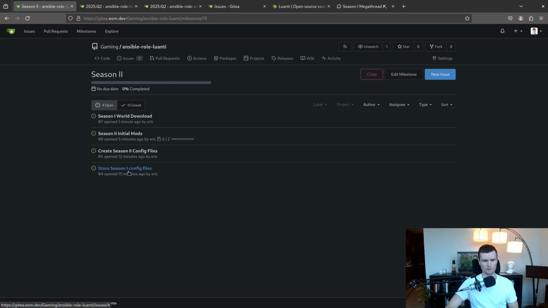Step 2 is I'm going to download the mods that I want and put them into the Kubernetes PVC for Luanti. That's going to take care of the first bullet point on this issue. Then I am going to restart the server. That's going to generate the config file that I need, and I will modify it and keep it stored here.